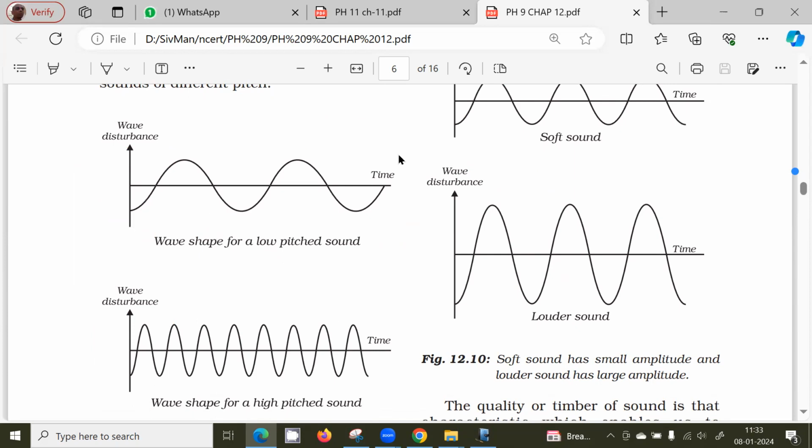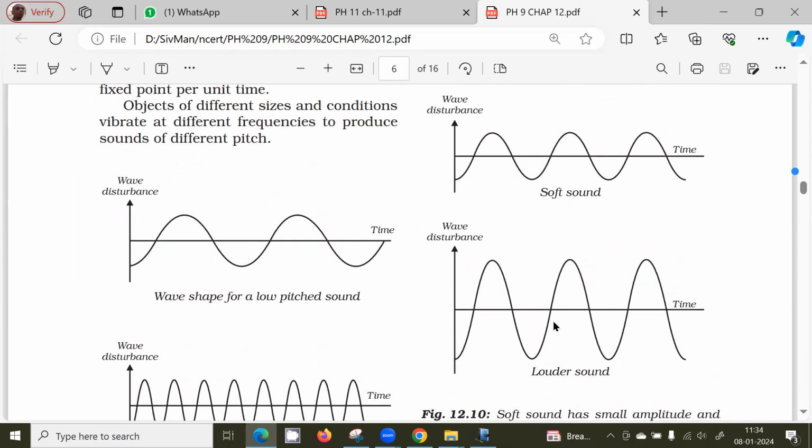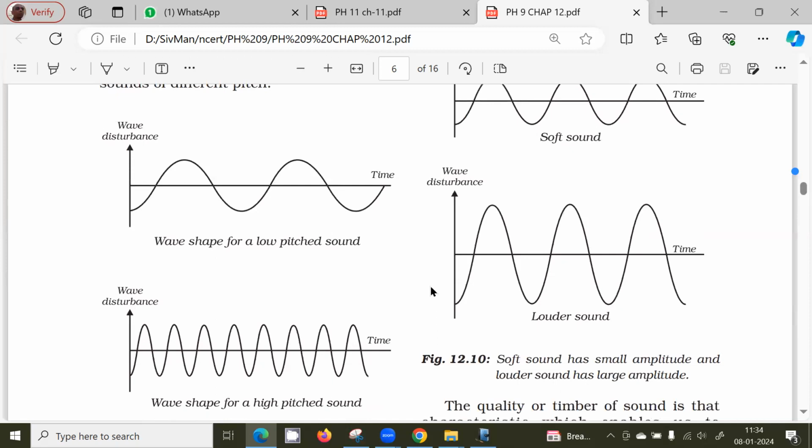So this is the one here again. It's the same time, right? So this is a higher frequency, this is a lower frequency. Here the frequency is the same. If I compare these two, the frequency is almost the same because the time interval is the same. But here the amplitude is less, and here the amplitude is more. So this is a louder noise, and this is a soft noise, or low sound. Frequency and amplitude are different properties.